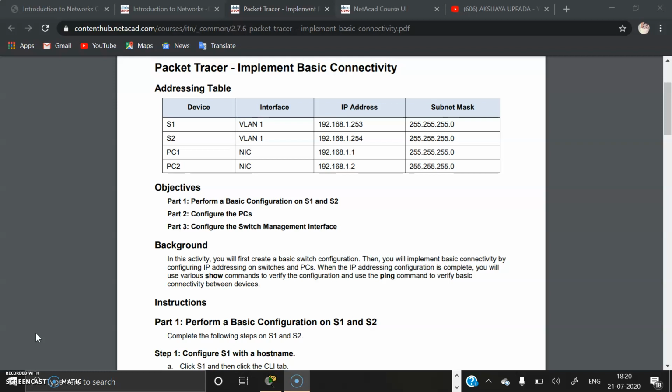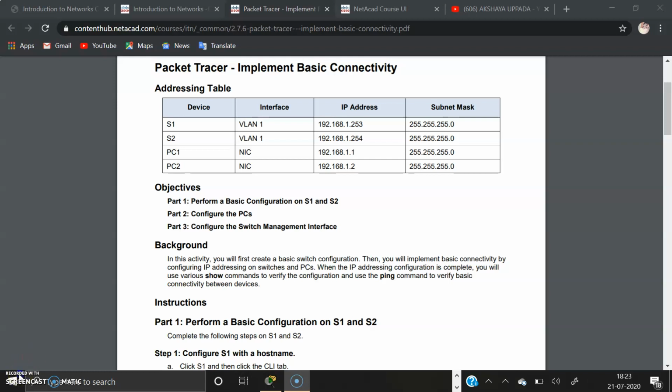Which means we have to first create the basic switch configuration. Then we have to implement the basic connectivity between the switches and PCs by configuring the IP addressing. When the IP addressing configuration is complete, then we have to use various show commands to verify these configurations. Then we have the ping command to verify the basic connectivity between the devices.